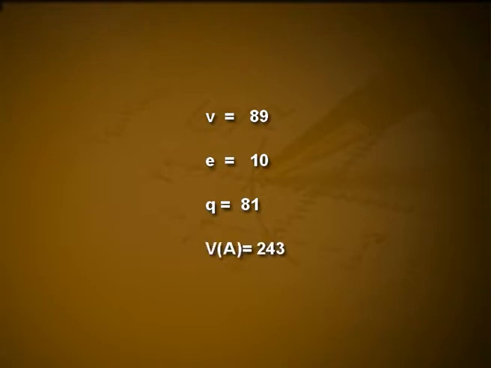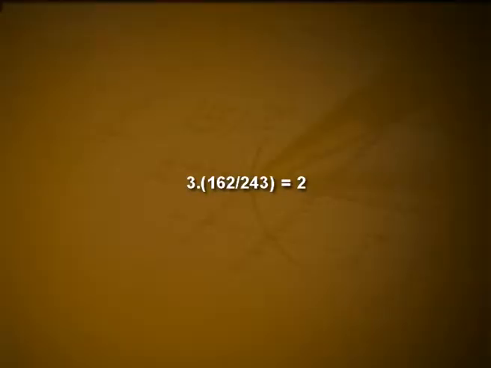Suppose V(A) is equal to 243, then 162 votes may be transferred from A. Suppose further that voter i had cast 3 votes for A. We transfer 3 × 162/243, which is equal to 2 votes, to voter i's remaining active candidates. This still leaves the question of how many of the votes to be transferred should be assigned to each of the remaining active candidates on the given voter's list.